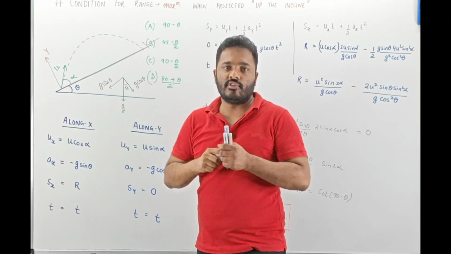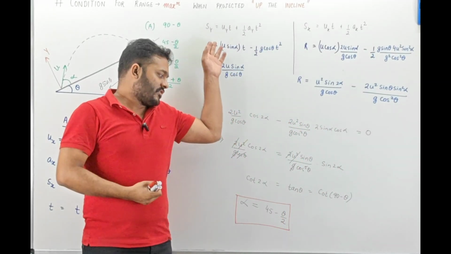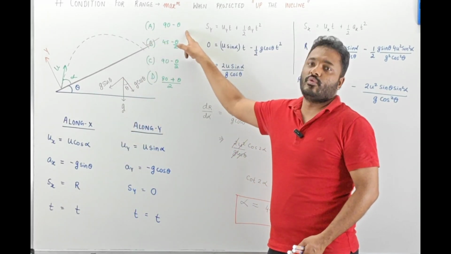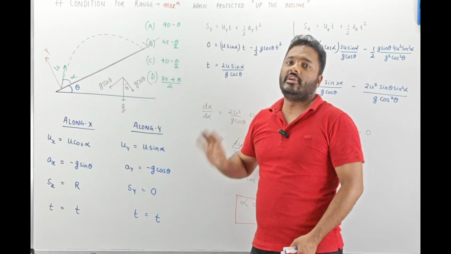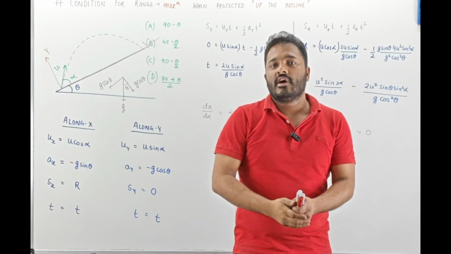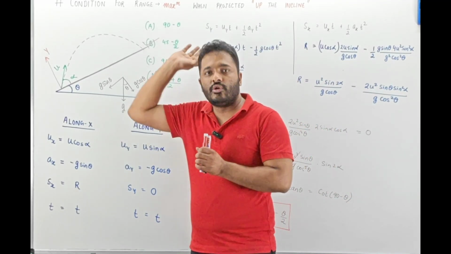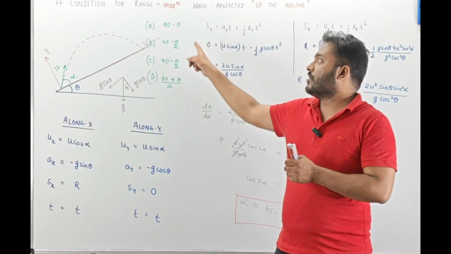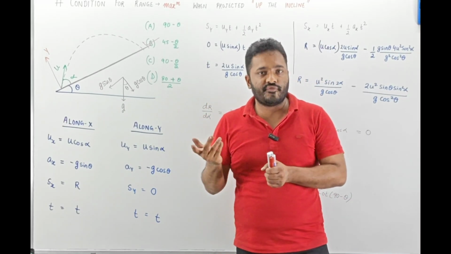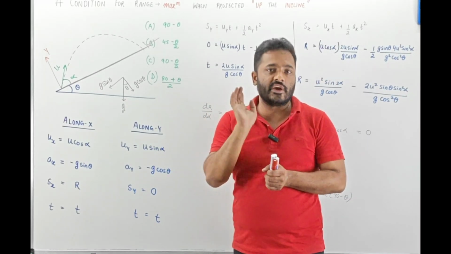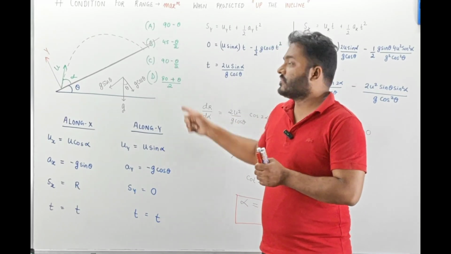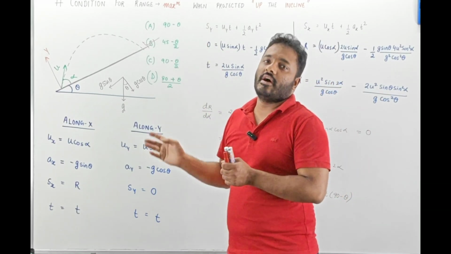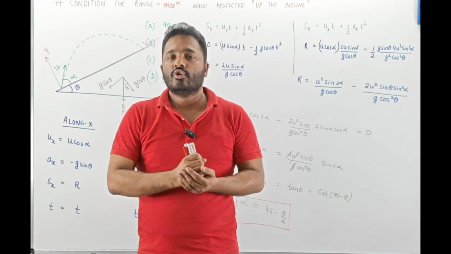We will not try to solve this, we don't want to go into such long mathematics. But if the options are made in this way, 45 plus theta by 2, 45 minus theta by 2, then even if you make theta 0 degree, you will be left with 2 options. Now you don't know which one to mark, then you need to go into this tedious mathematics. But if an easy paper is set which looks tough, then this is how the options will be made. And if you are smart enough, you can eliminate 3 options to get the correct one. But always remember, physics is one thing which should be learned and understood properly. Otherwise, if the option maker thinks that you should not be able to eliminate options, then you will not be able to.